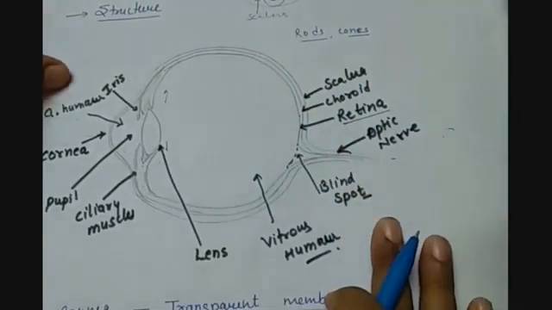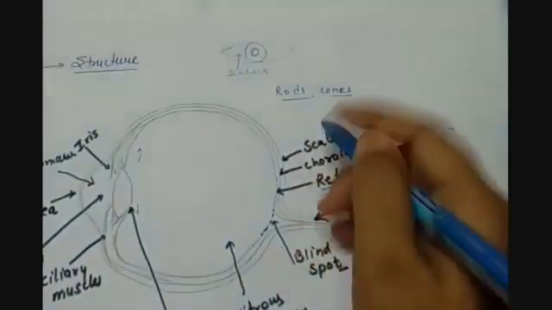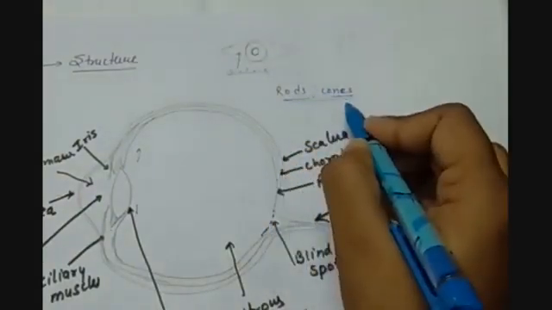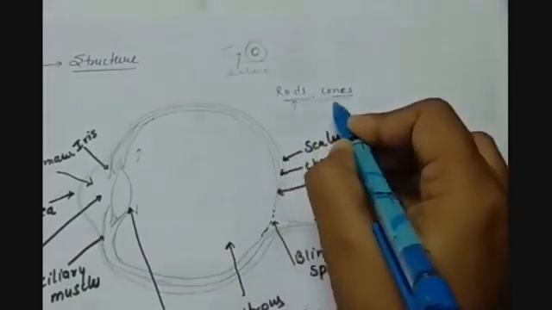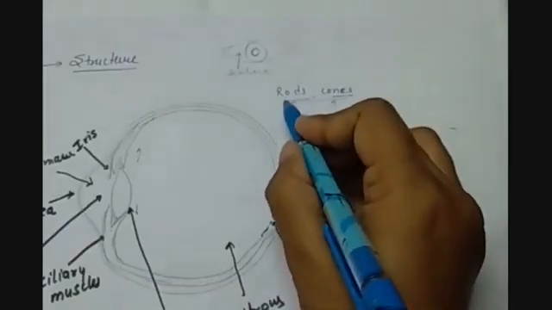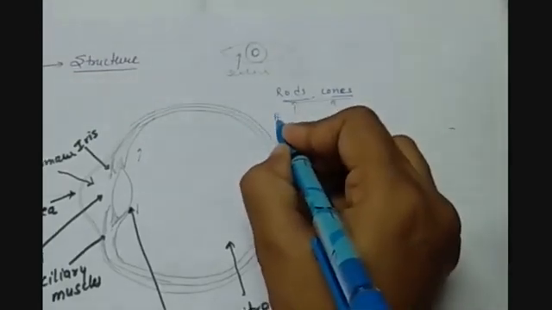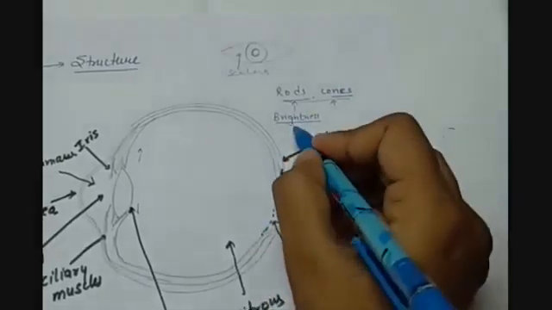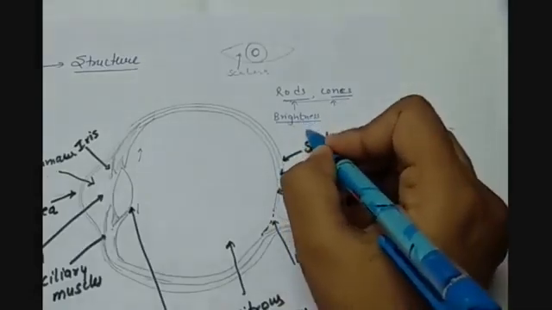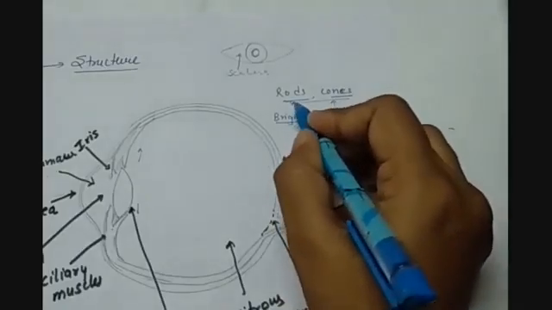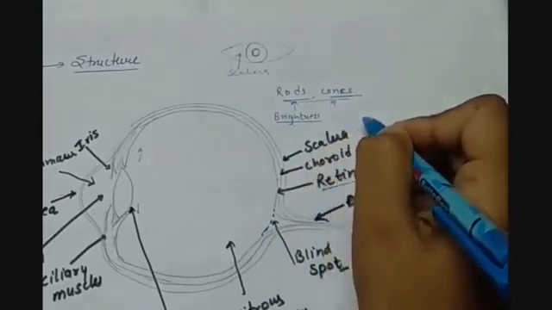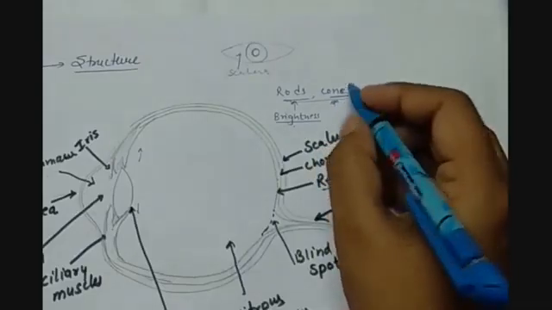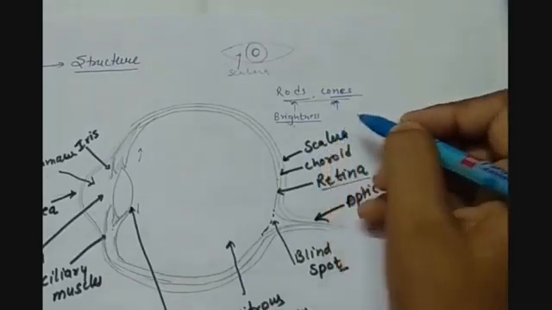These two types of photoreceptors are present in the retina of the eye, and these two different types of photoreceptors are responsible for different types of functioning. Rods are sensitive towards the brightness of the light or the intensity of the light. So we will be able to see either in dark or light because of the rods. Cones are sensitive to the colors. So we will be able to see the colors because of the cone cells present in the retina.